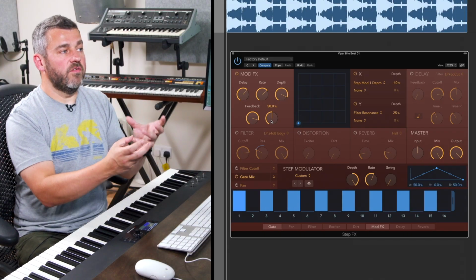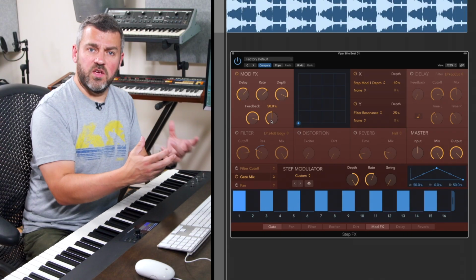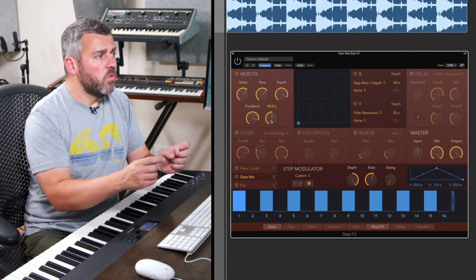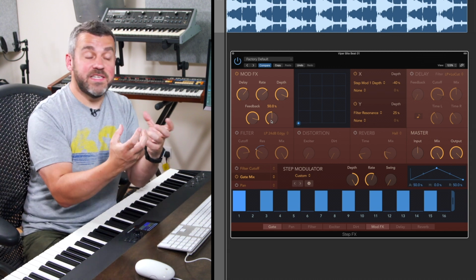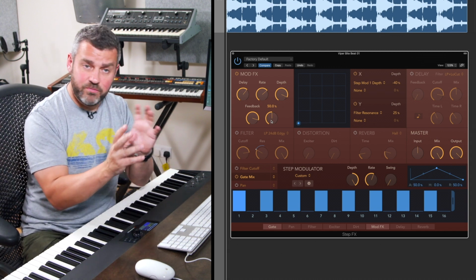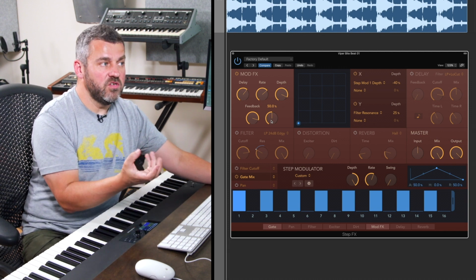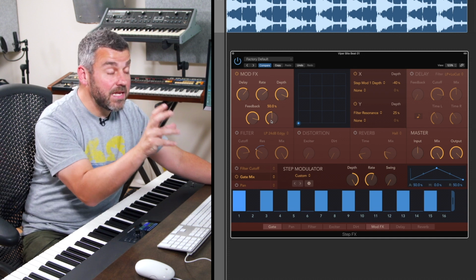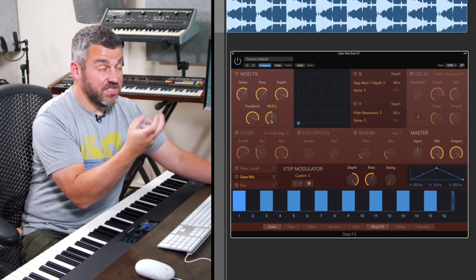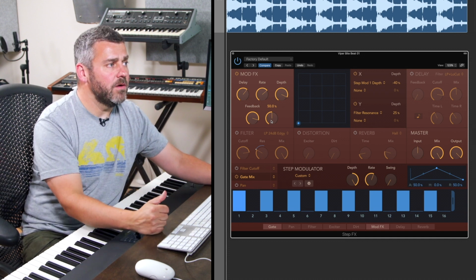So what we're getting here are these classic doubling effects, which we associate with things like chorus or phasing or flanging, where we get this secondary signal, which is offset against the first to produce these quite weird warped effects. Quite fun, the sort of things you associate with DJ sets, but we can apply them very easily here to all sorts of very subtle or much more dramatic effects within the mod effects